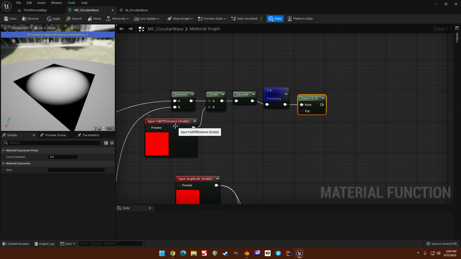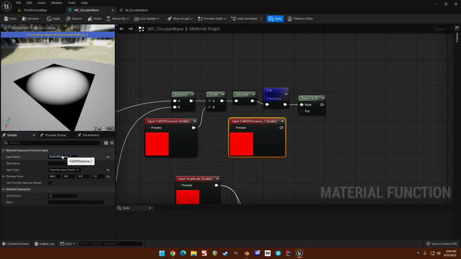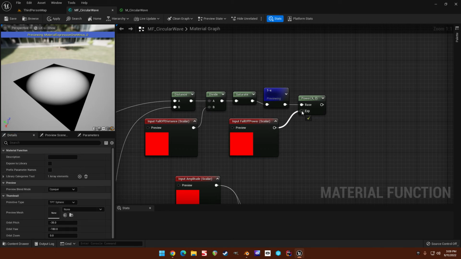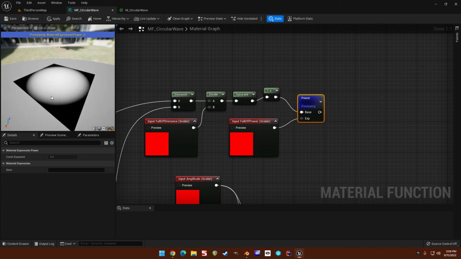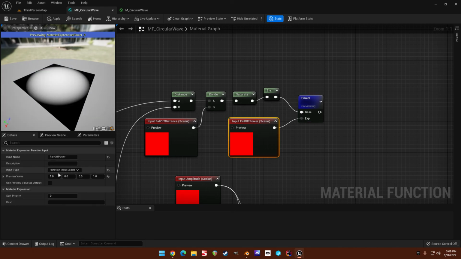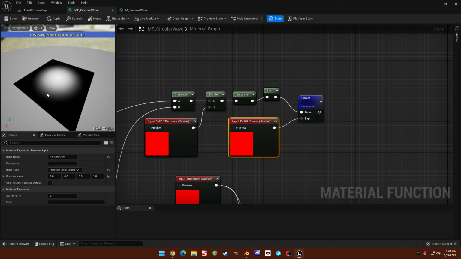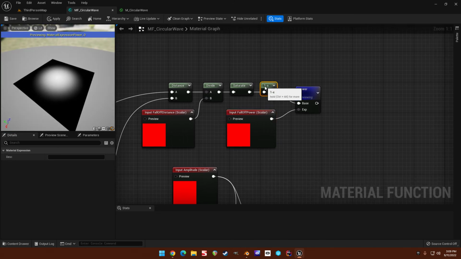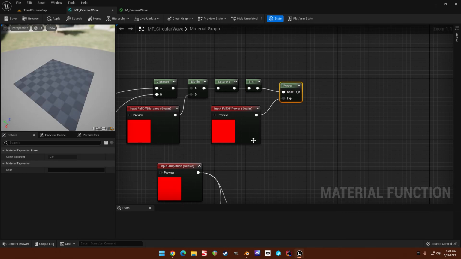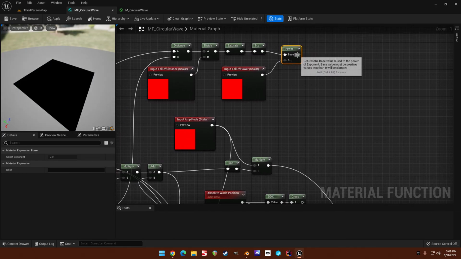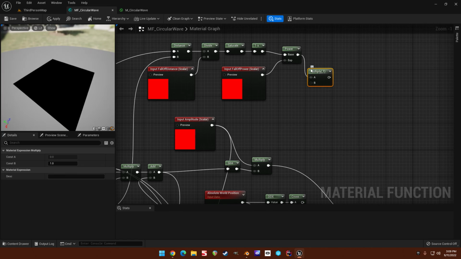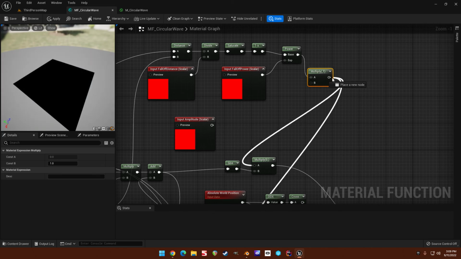So we'll call this fall off power, let's just set that to 1. There we go. So now if you adjust the fall off power, you know, it will cause it to fall off faster or slower. All right, so if we take that and we multiply that by the amplitude and take that result as the amplitude,